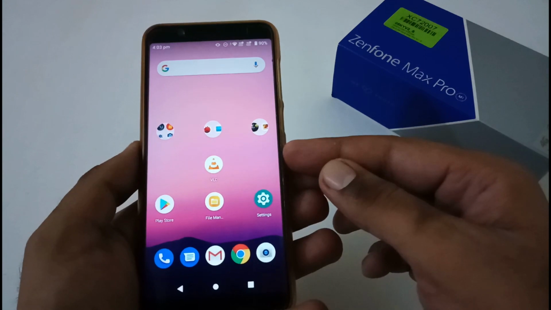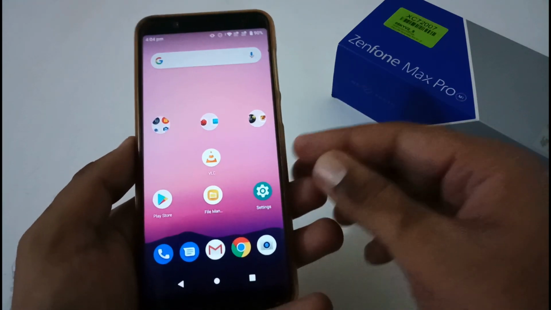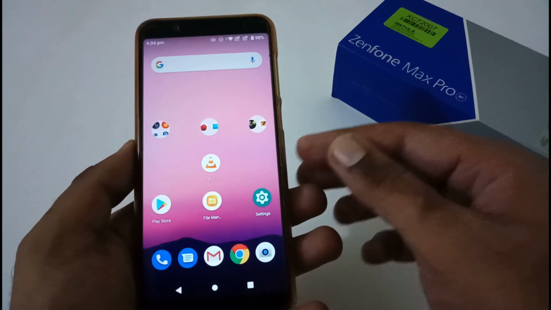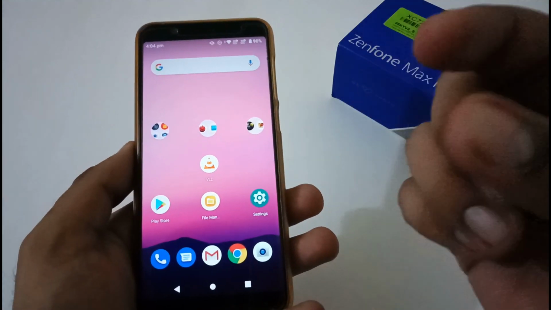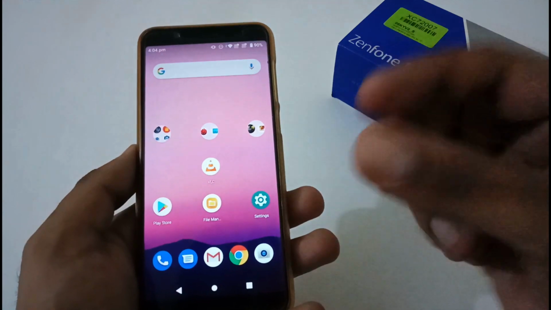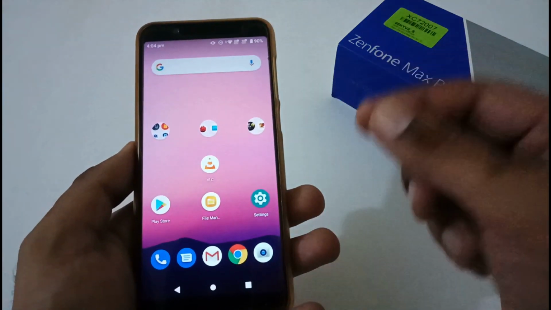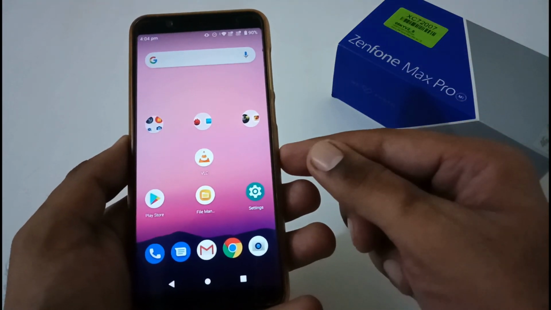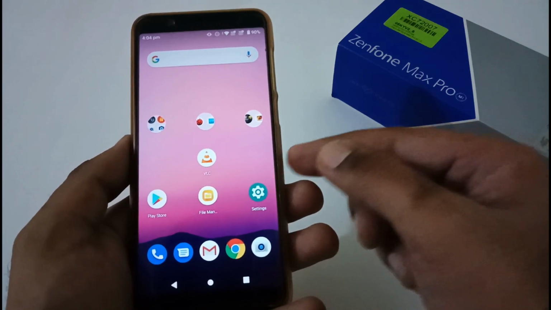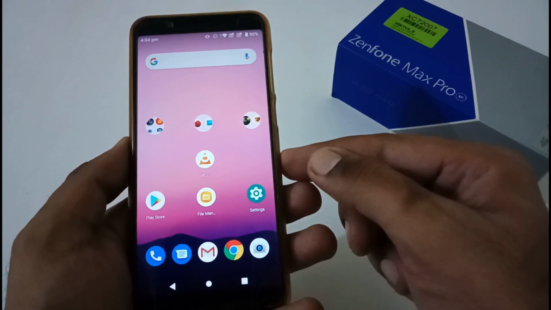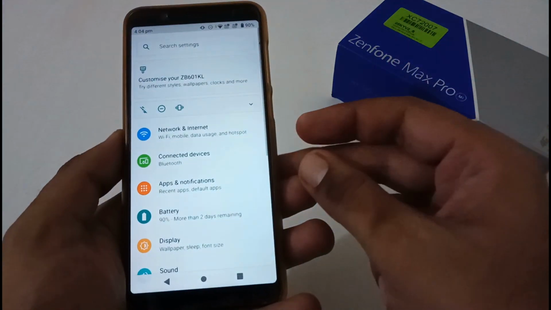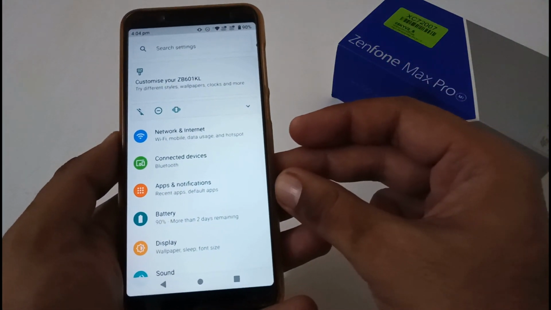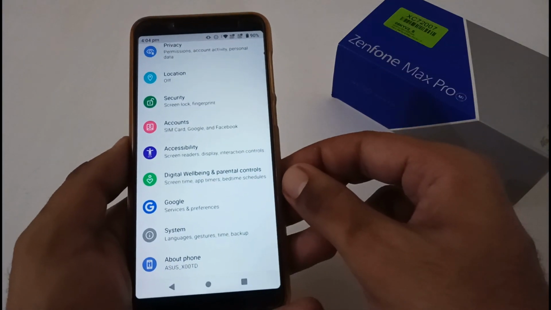Now, before wrapping up this video, I want to give my overall review score. Like I mentioned, there are a few improvements in this particular version, so I have increased my score from 80 to 85 out of 100, with respect to the beta 3 version. So the overall review score of this beta version is 85 out of 100. So this was all from my side related to the review of version 432, that is Android 10 beta 4 for the Asus Zenfone Max Pro M1.